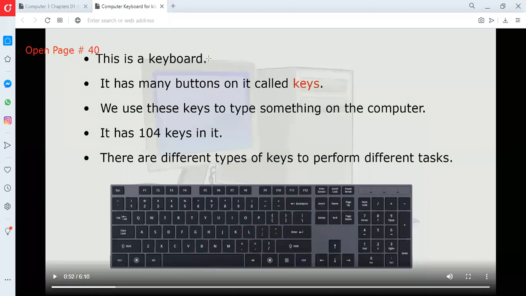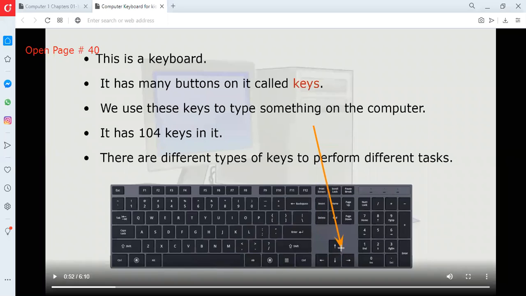We play game on keyboard. Okay. But what keys do we use to play game? If you see here, there are some arrows: the left arrow, the right arrow, the down arrow, the up arrow.